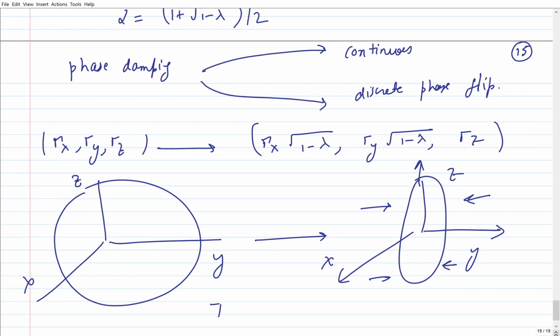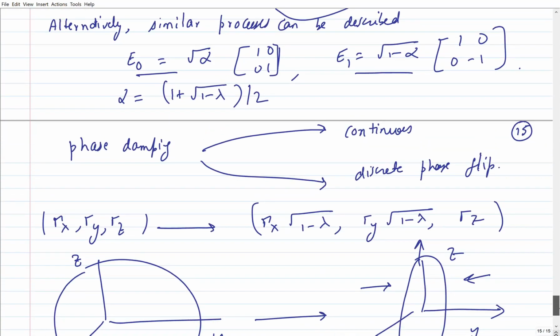So this is called the T2 relaxation, where one loses the information about the phase. So the T2 relaxation process